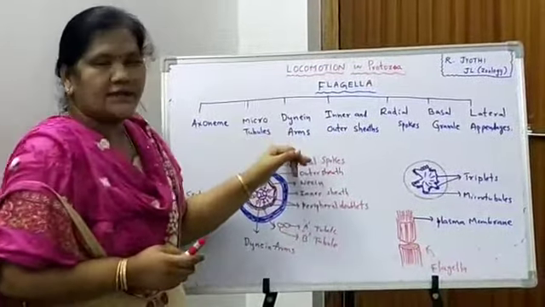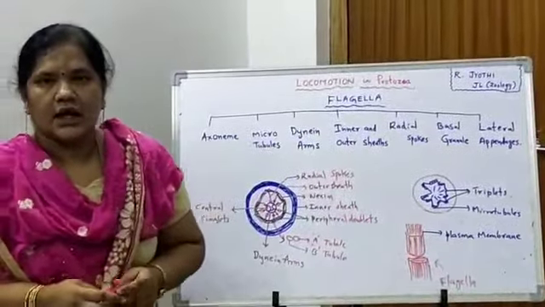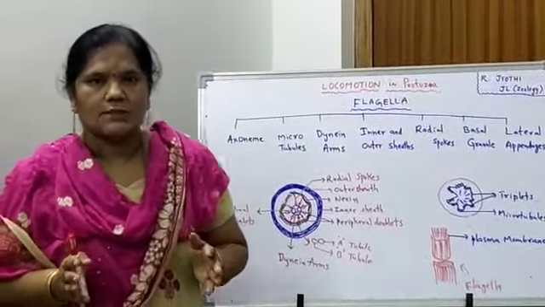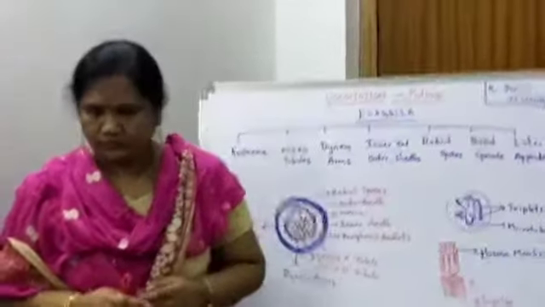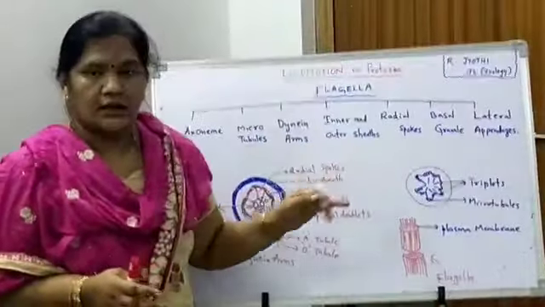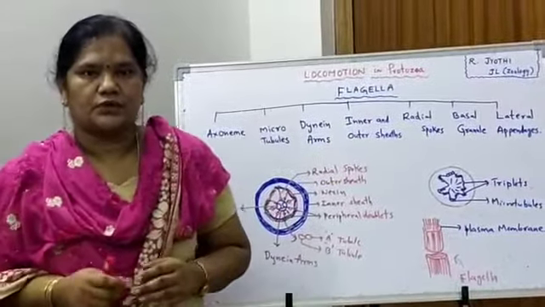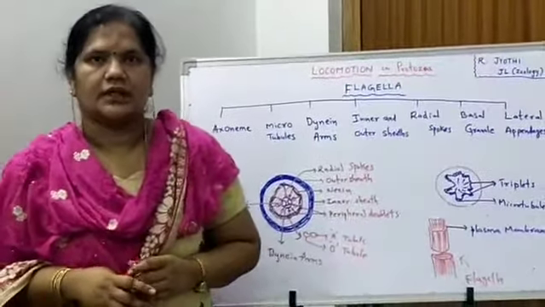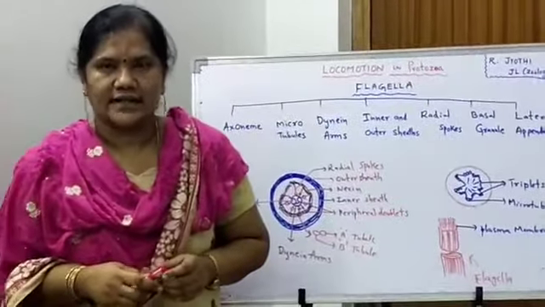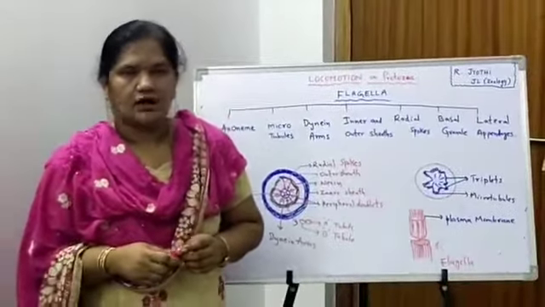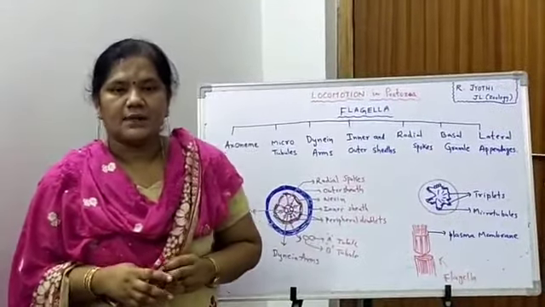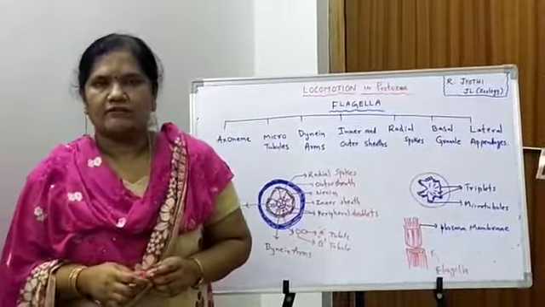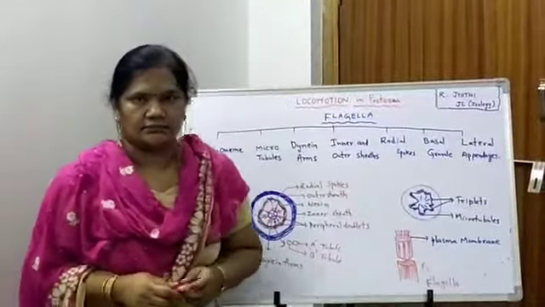The third one is dynein arms. The A tubule of each peripheral doublet bears paired arms along its length called dynein arms. The dynein arms of the A tubule face the B tubule of the adjacent doublet. They are oriented in the same direction, that means clockwise in cross section of the microtubules. The dynein arms are considered protein motor molecules. They are made up of the protein dynein.